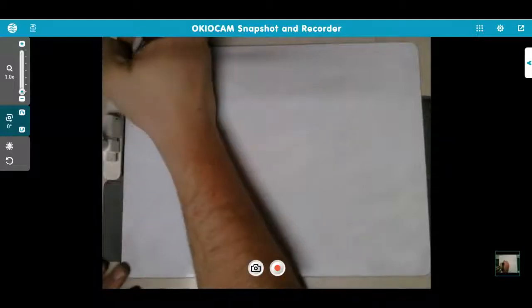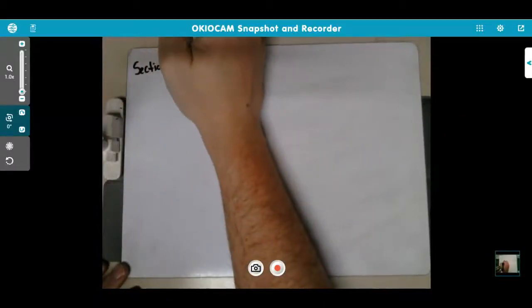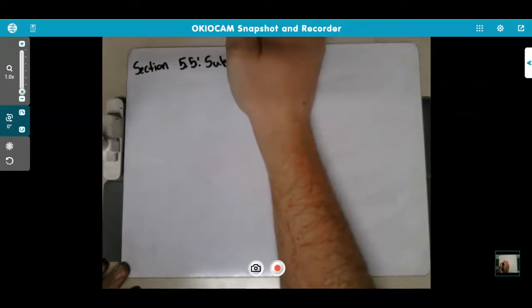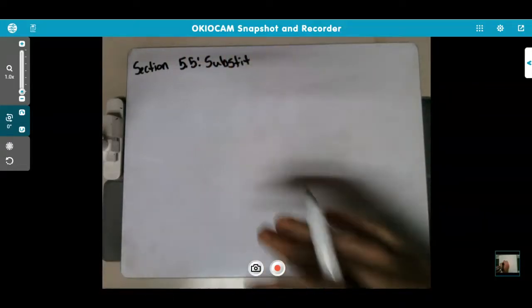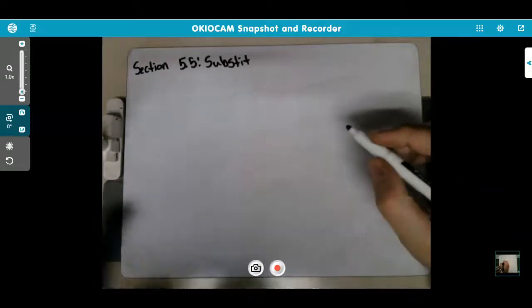It's now time to move on to section 5.5, which is substitution. This is a really helpful tool we are going to use a lot throughout every math class. We're going to use it, of course, here in Calculus 1, but then again a lot in Calculus 2 and